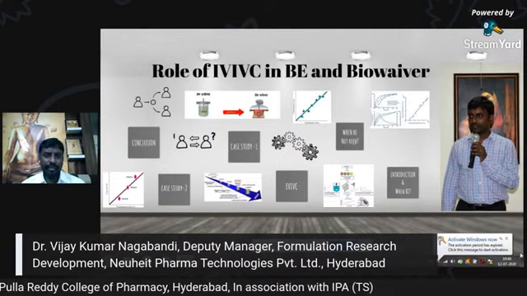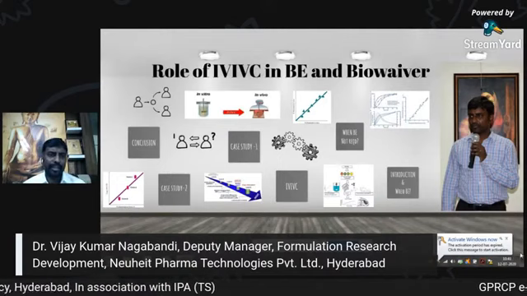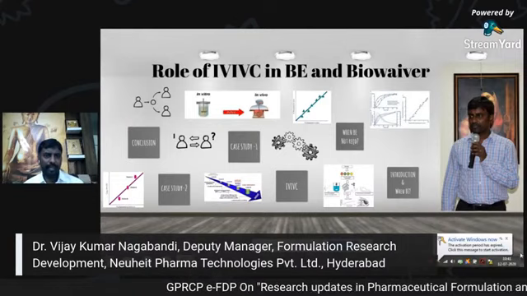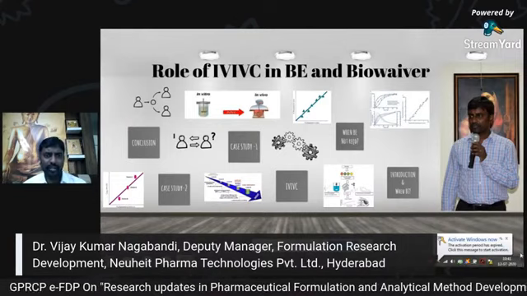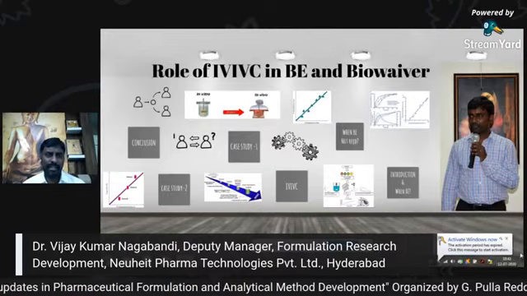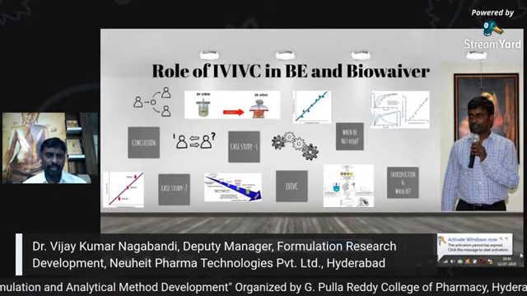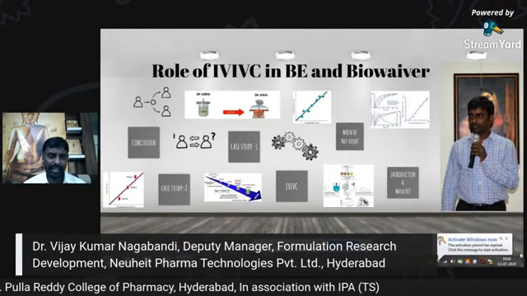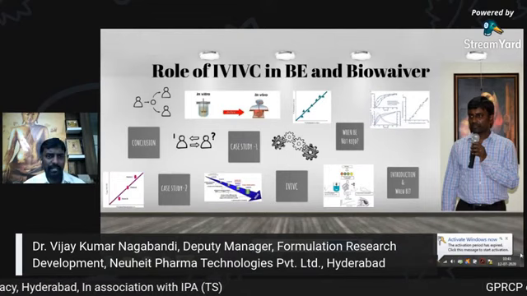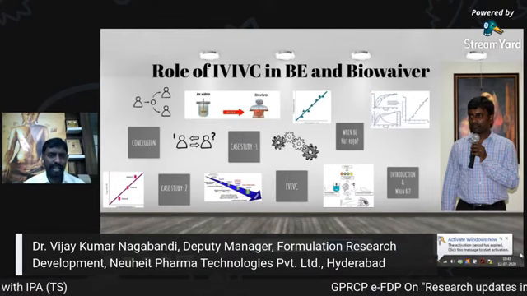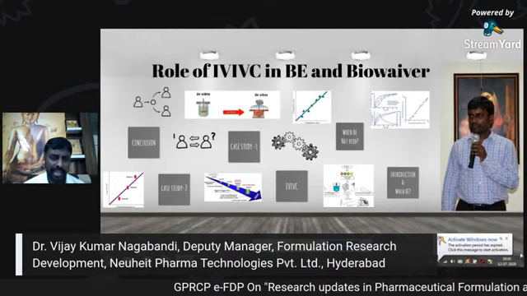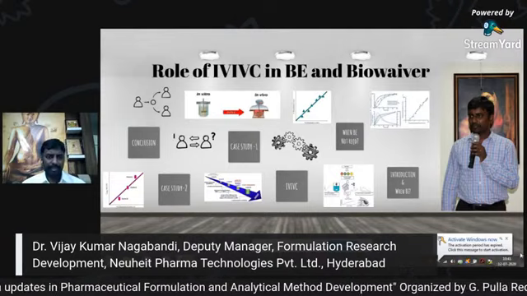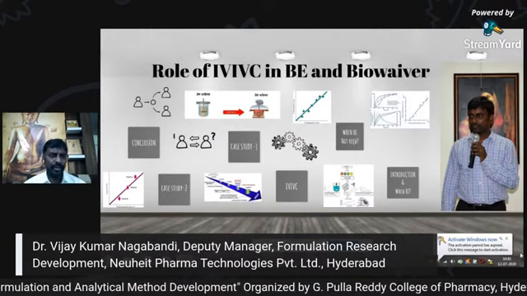The objective of generic research is only to bring a copycat of the existing innovator molecule into the market at low cost. Innovative pharma companies have done so much elaborate research, conducting preclinical and phase 1, 2 and 3 clinical trials, and even after bringing the molecule, phase 4 continues as post-marketing surveillance. That requires more time and more money, so the cost of the innovative product is very, very high and cannot be afforded by middle class or below middle class people. So even the government gives permission to do generic research,